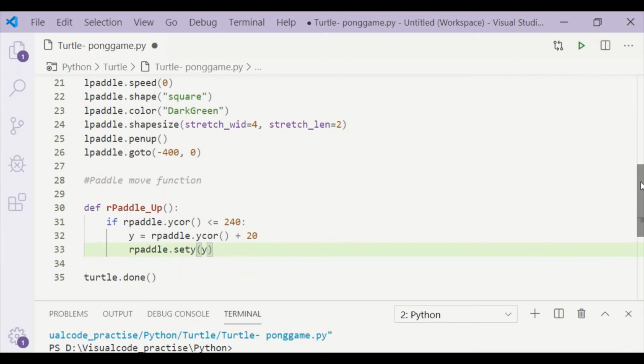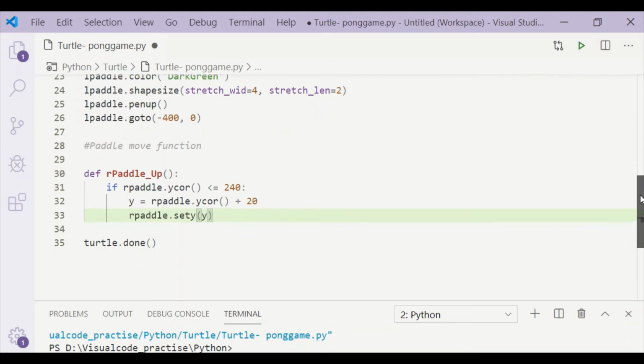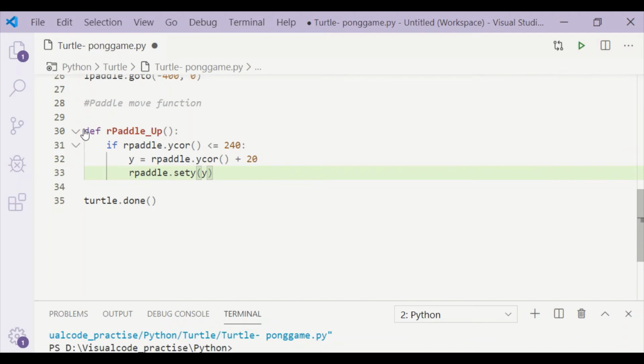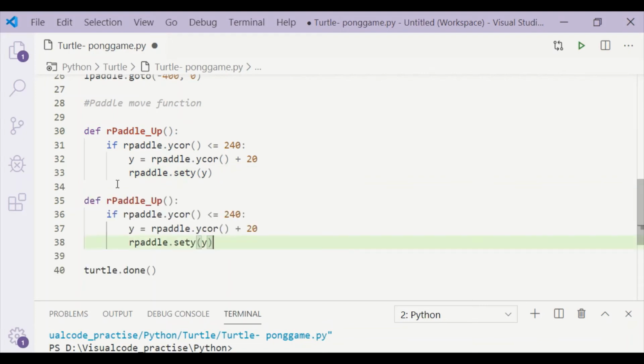As we remember, the height of our screen is plus or minus 300, that is totally 600 pixel. So to avoid going out of screen when we move up, we will check if it is less than 240 pixels and increment by 20 when we move up. There is no change to the x-axis because it's only a vertical movement.